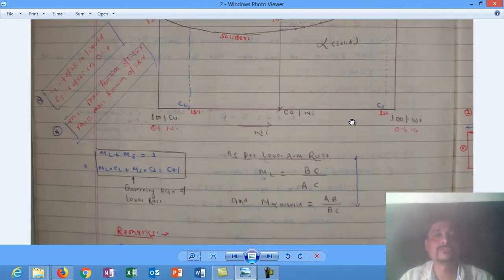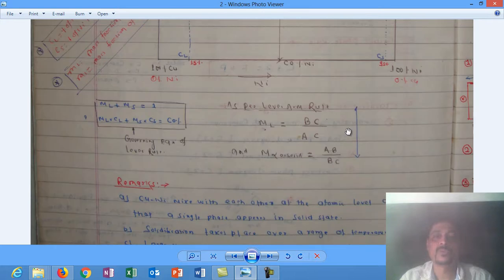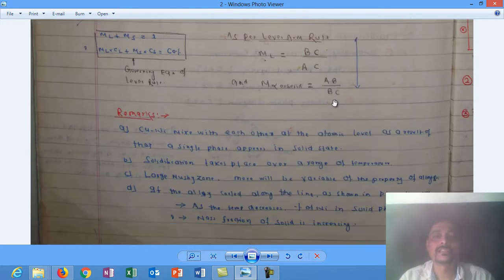Just when we solve some numerical examples, it will be applied frequently. Okay, right. Now we come to some important, interesting points. What are the important conclusions of this copper-nickel phase diagram? In the copper-nickel phase diagram, as we have already discussed, this copper and nickel